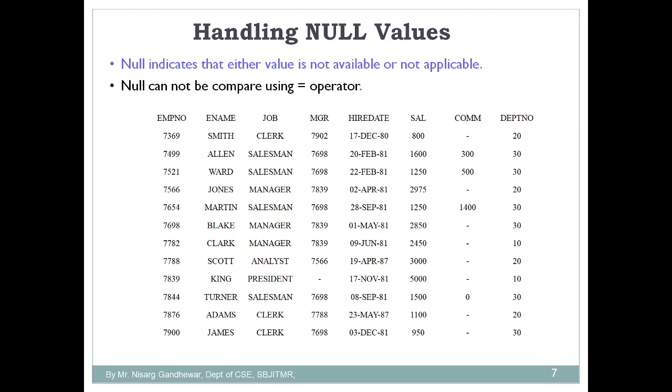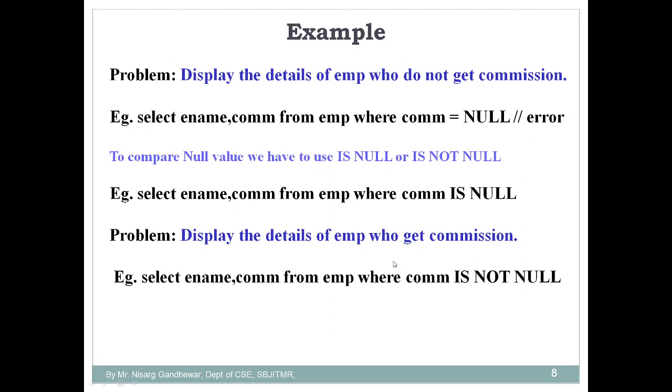So for that purpose we have to make use of IS NOT NULL. So IS NULL is one clause, and another clause is IS NOT NULL. So how can I write an answer for that particular problem? Select ename, commission from employee where commission is not null. That means it gives me a list of employees whose commission is not null. So let's demonstrate all these commands with the help of live SQL.